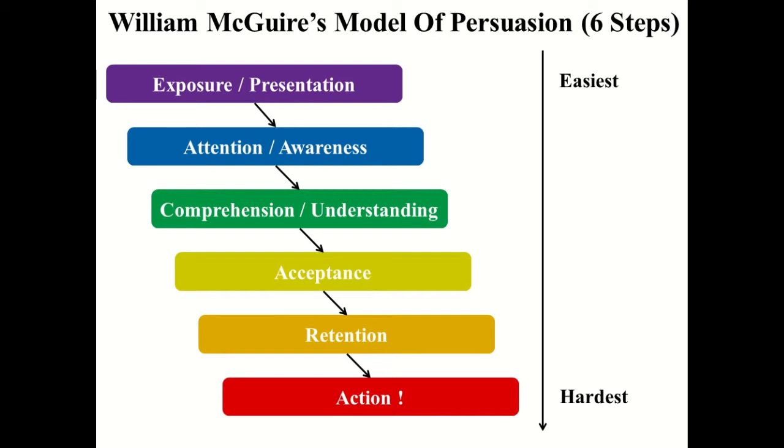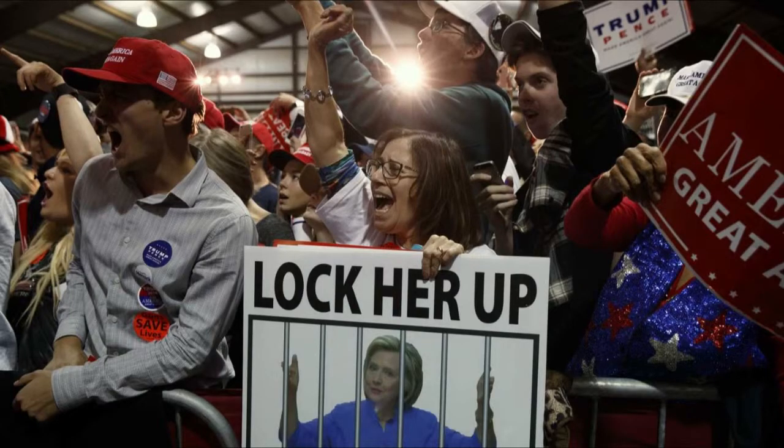The peripheral route involves using incidental cues to trigger an unconscious and automatic acceptance. A common method is using jingles or slogans. This is primarily used on people that do not have time to pay attention. Persuasion was clearly demonstrated in the 2016 presidential election by both major parties. Both used these methods of persuasion in tandem.